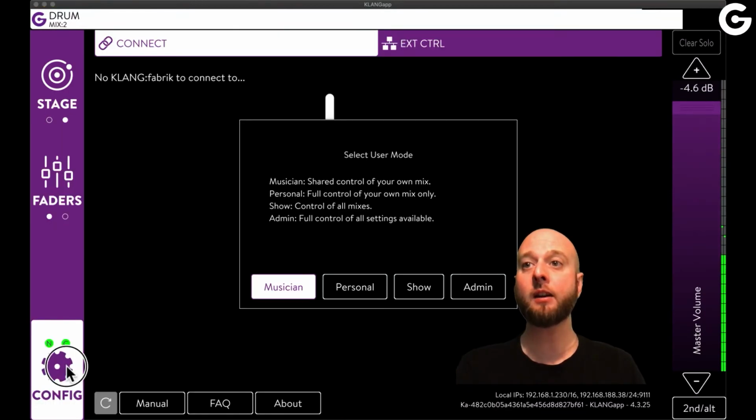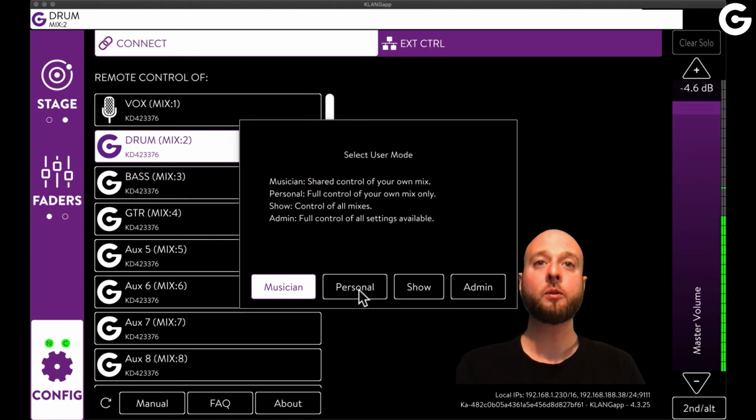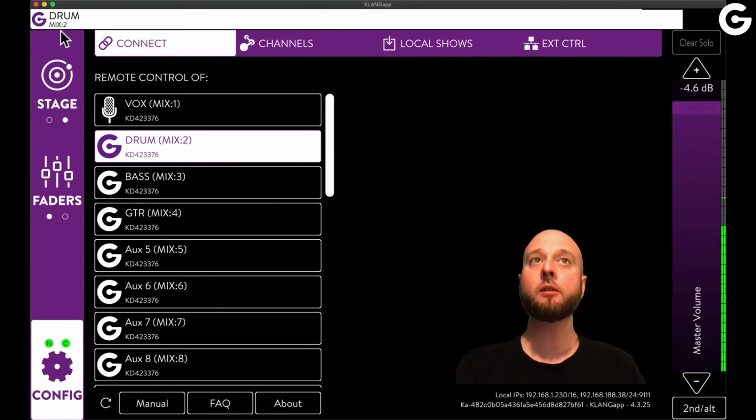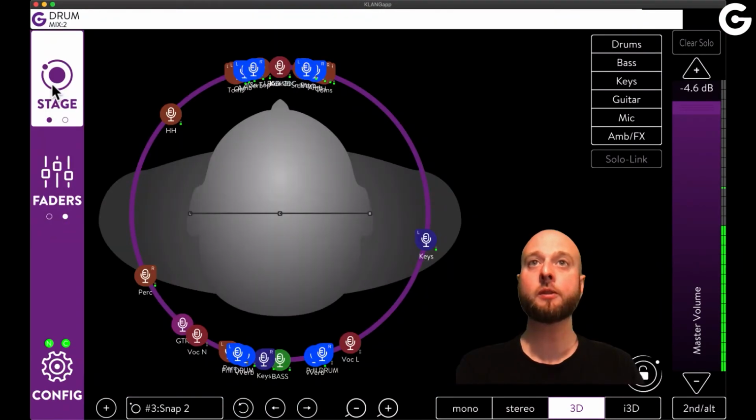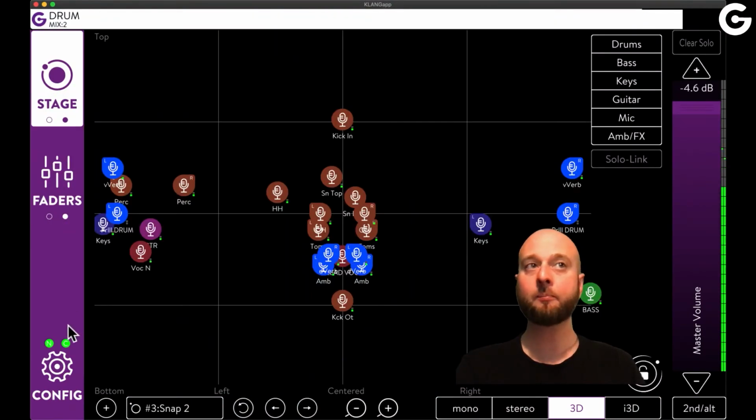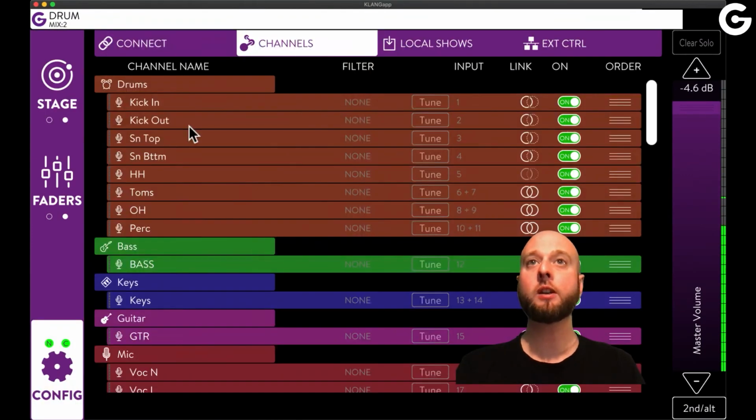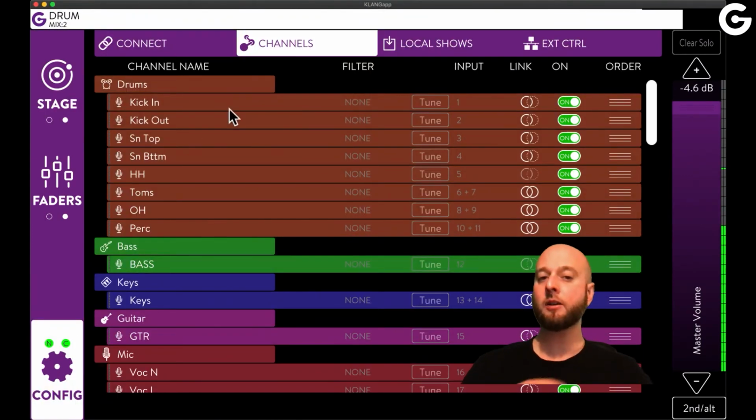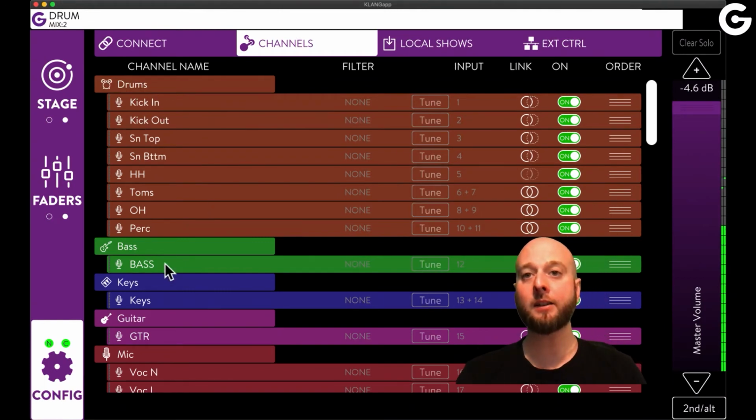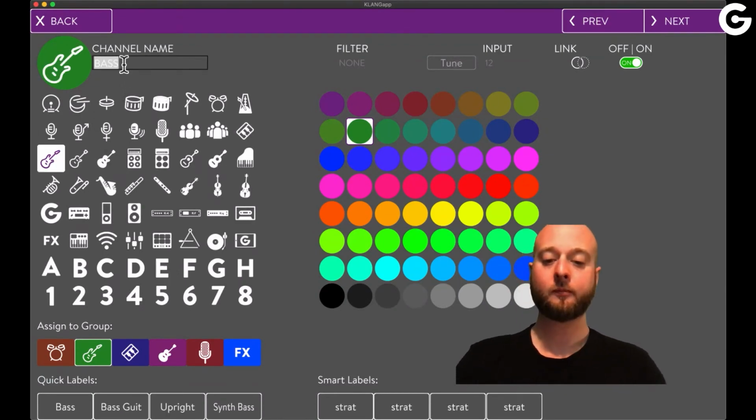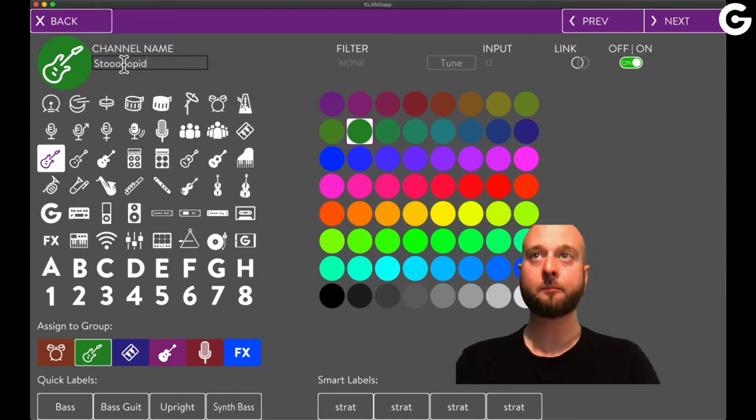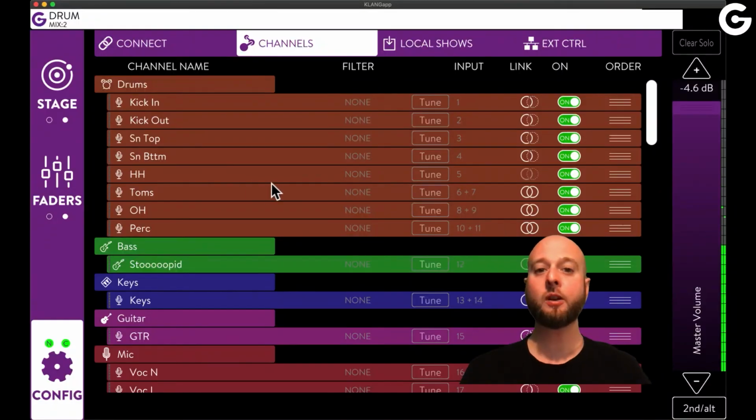There's also a 4th mode, which is the personal mode. It's very similar to the musician mode. So we're locked in one mix. We can see the faders, the groups, the orbit, and the elevation. But on top of that, we can rename, recolor, reorder, and regroup our channels. So for example, if the drummer doesn't like the bassist, we can just call him stupid. Okay? So now the drummer sees the bassist as stupid, and every time he looks at that,